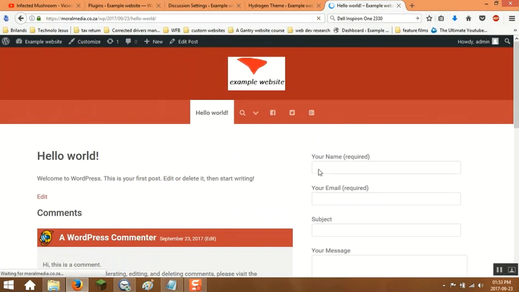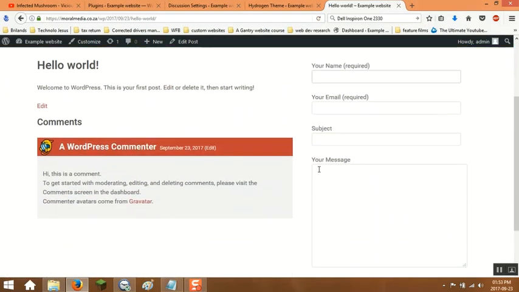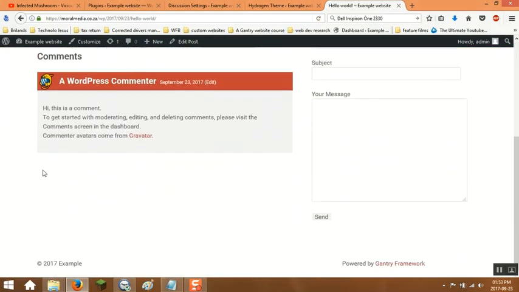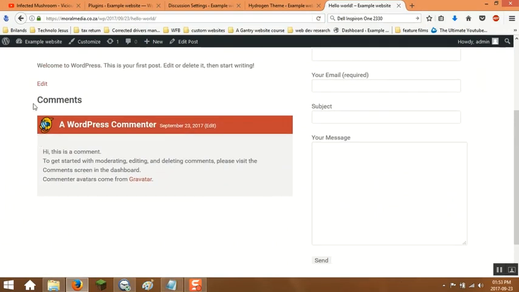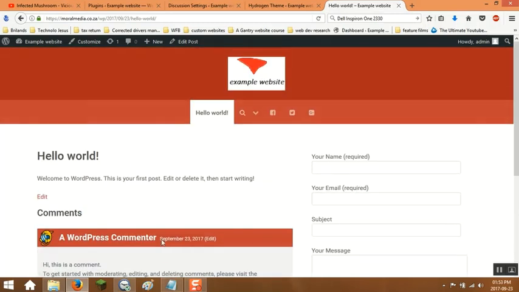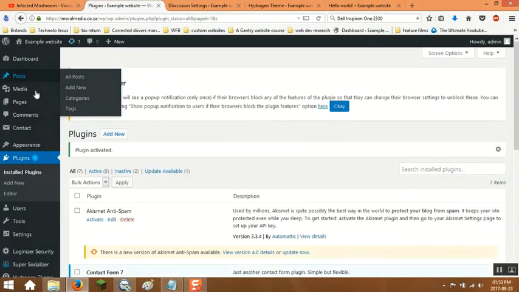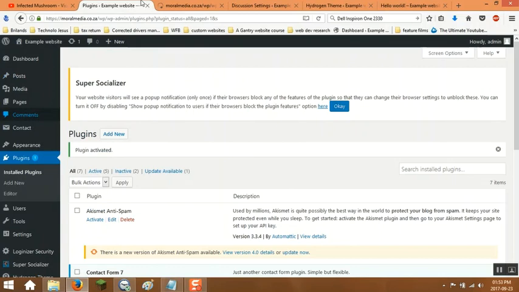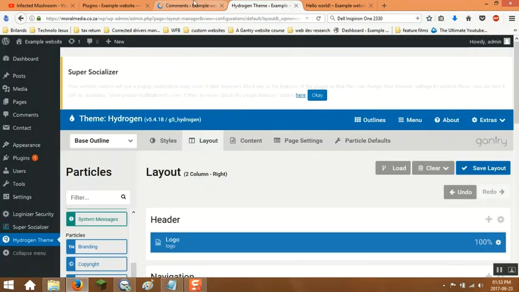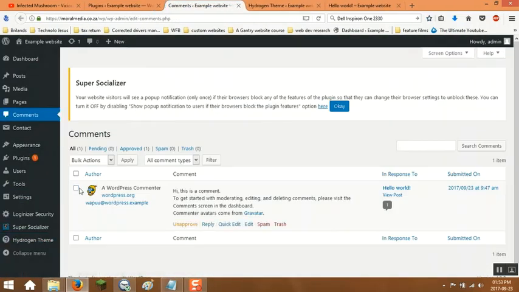Now we refresh the post page and the add new comment field is removed, but the comment that was already made is still there. To delete that, open comments and delete the comment like this. Check it,